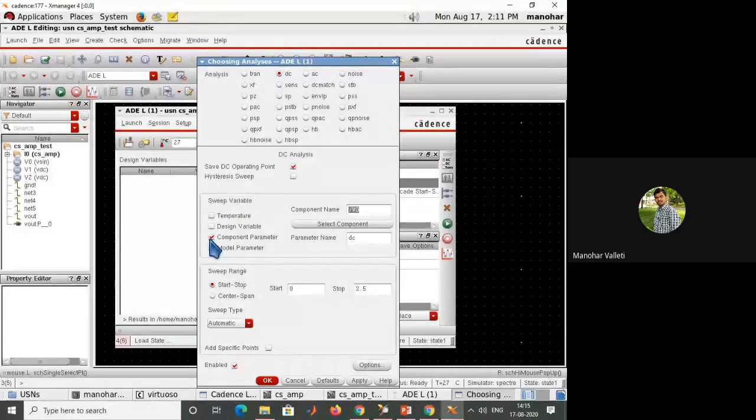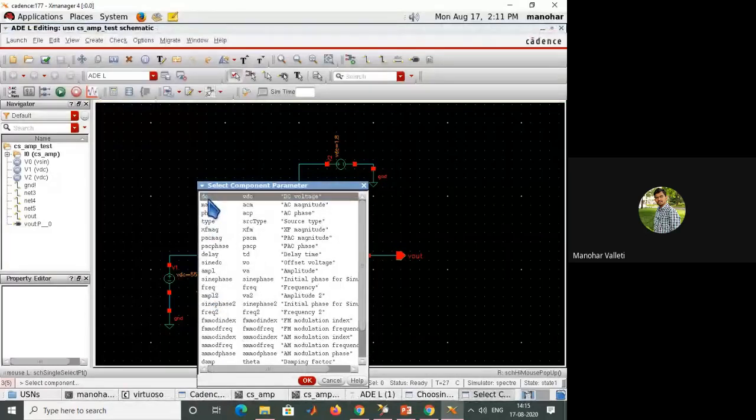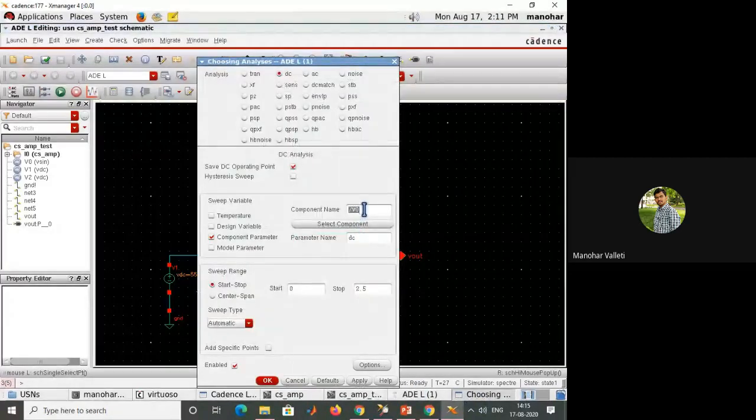So, DC analysis. The only thing is the component parameter. If you select the component, I am selecting the sinusoidal source, the sinusoidal source voltage I want to vary. So we need to select the top DC, VDC, click OK. Automatically V0 will come. The starting value is 0. I'll check till 2.5, so that's why I mentioned 2.5 here. As you know, when you are giving values in the analysis, you don't need to mention the units. You simply need to mention the values.